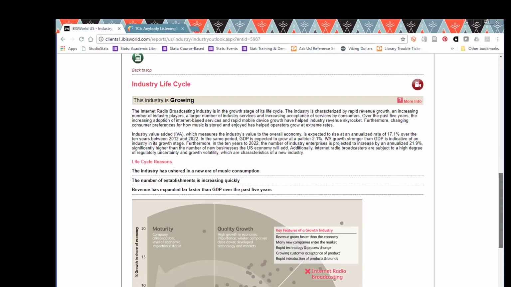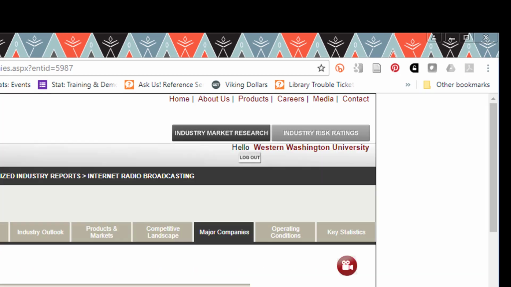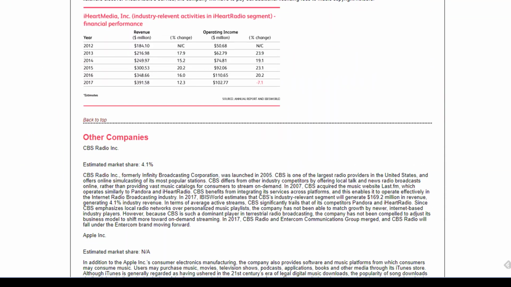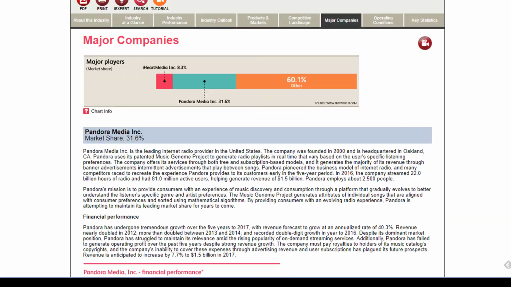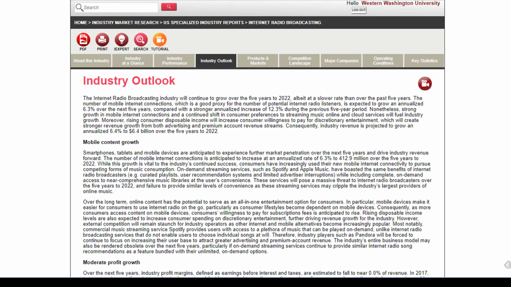And then life cycle. If we scroll up and look at major companies, iHeartMedia and Pandora. Pandora is the largest player in the industry. Some smaller companies. So both of these together are probably going to give you a pretty solid overview of the radio industry, again, at that higher level. Something to think about. This is going to give you that bigger, broader picture, and then looking at Business Source Complete for things related to commercial radio, community radio, or non-commercial radio will probably give you something a little more